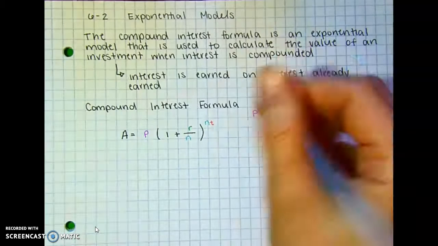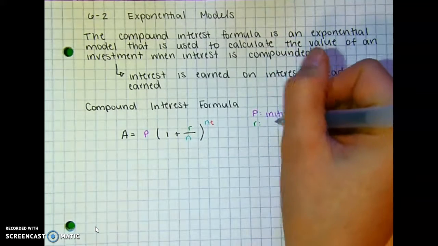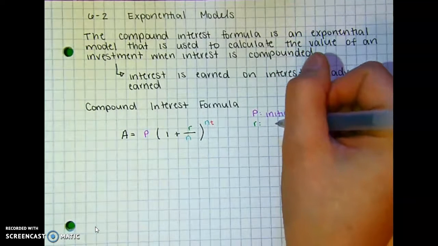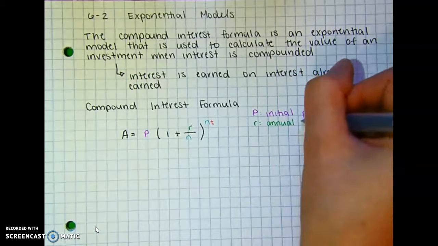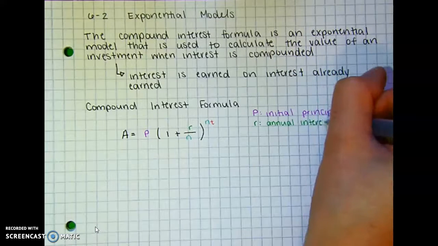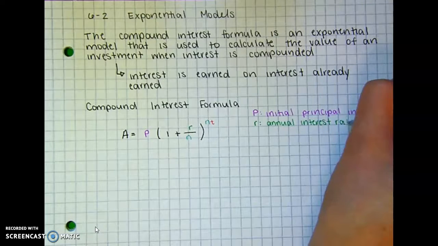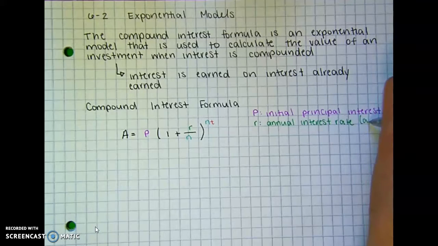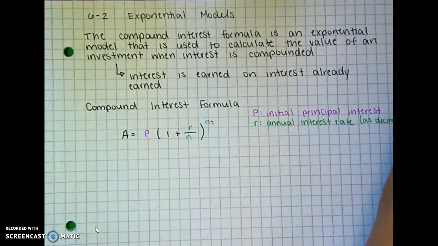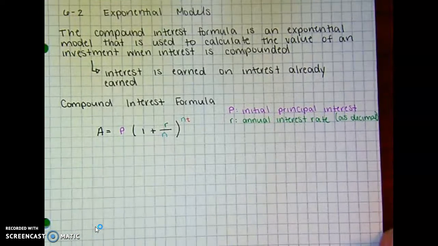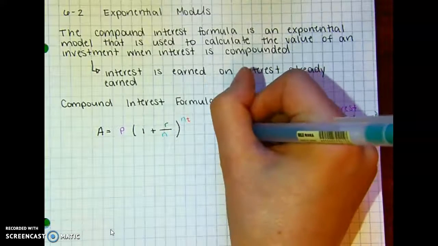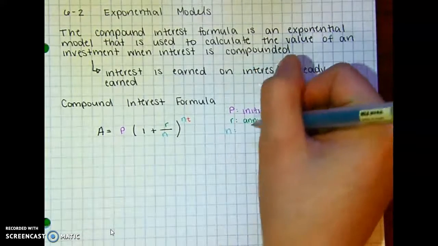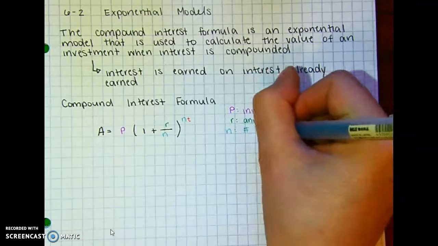R is your annual interest rate, as a decimal, just like we did last class. N is the number of compounding periods